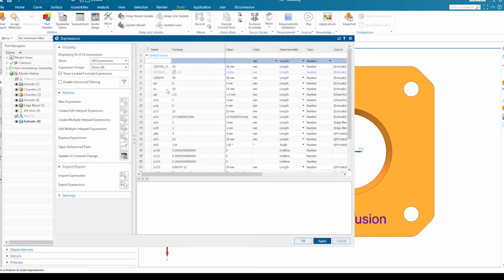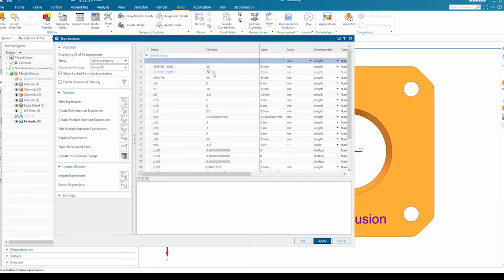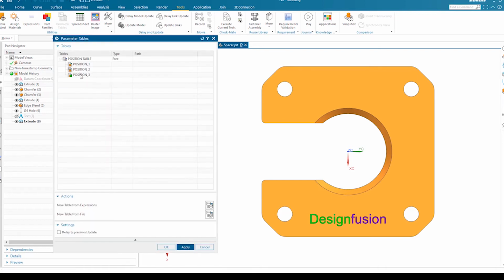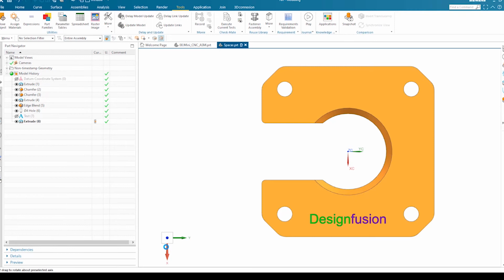Whenever you go to expression, you will see a lock sign here. Whenever you have an active configuration, your expression is locked. You can unlock the expression by deactivating your configuration. To do that, go into the parametric table again, right click and deactivate your configuration, and press OK or apply.